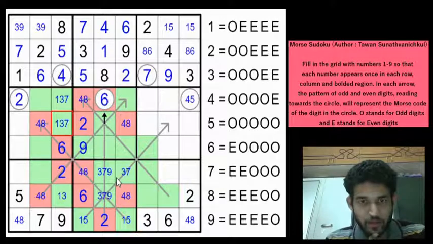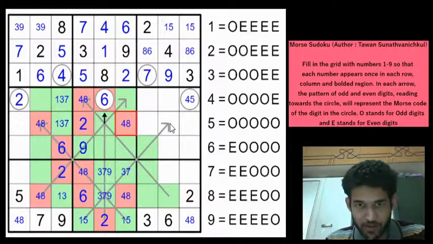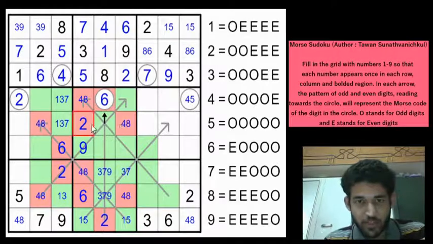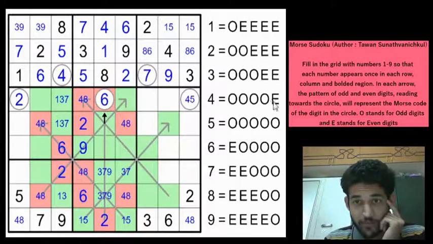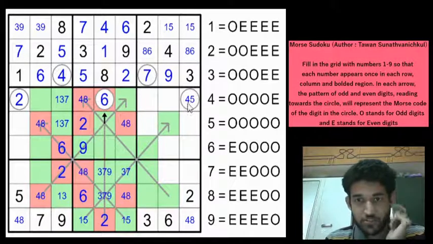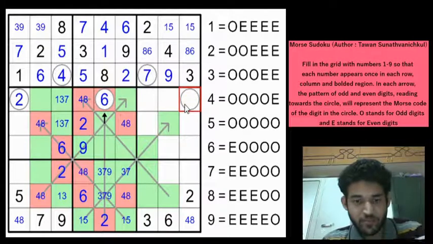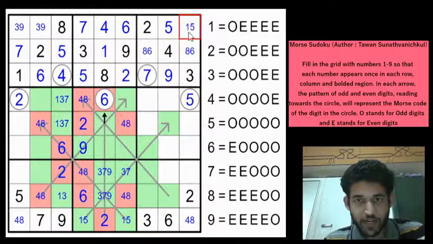Okay. Right, we have marked 3 evens along row 5, and this is yet to be filled. Can this be even? No, we have got the Morse code of this digit, guys, because 2, 4, 6 and 8 is not possible here. So this cell can only be odd. So which means that the 5th digit starting from this direction would have to be odd for a 4 or 5. 4 as an even digit as the 5th digit, so this would have to be a 5, right? Based on the Morse code of that number, this would have to be a 5, which gives a 5 here and a 1 here.